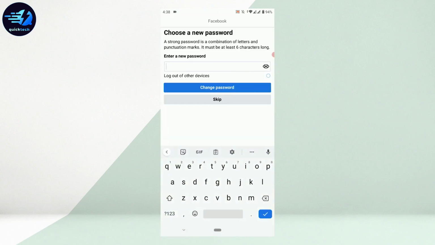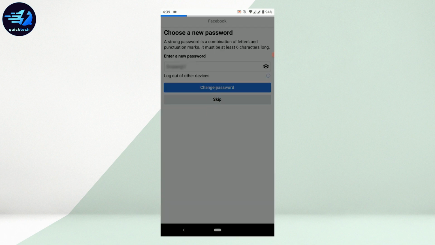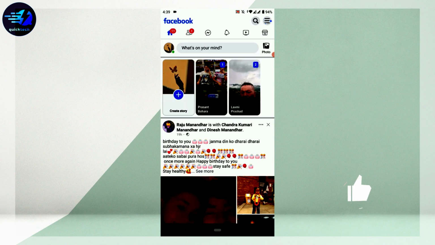Now you will be able to provide a brand new password for your account. Type in the password on the text box and then tap on change password, and with that you will be logged in into the account of yours. So this is a way how you can recover the